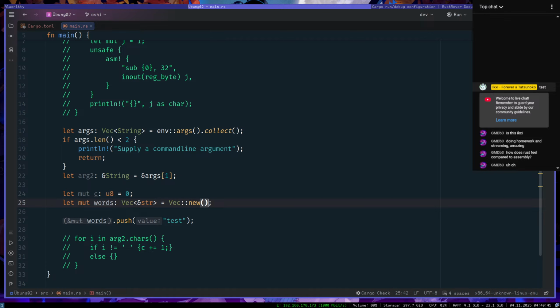I wish it could decide. You cannot cast types implicitly like you can in C, but you can implicitly return from a function. And you don't even have to put a semicolon at the end. If you want to implicitly return from a function, you don't include a semicolon, which I just find so weird.